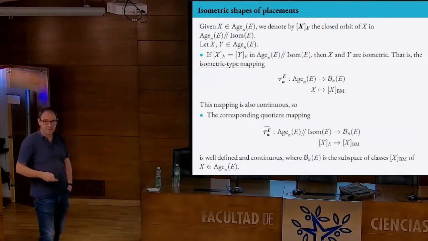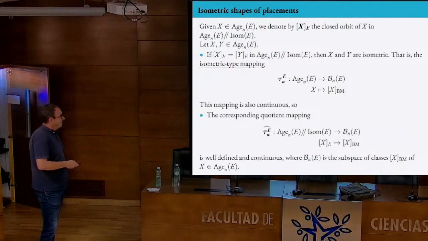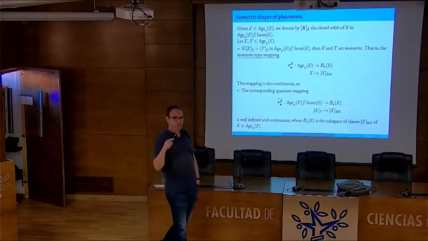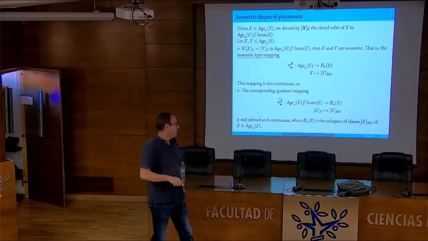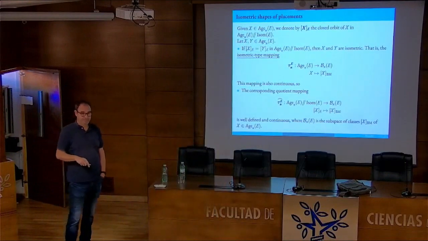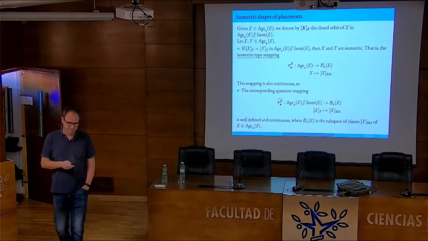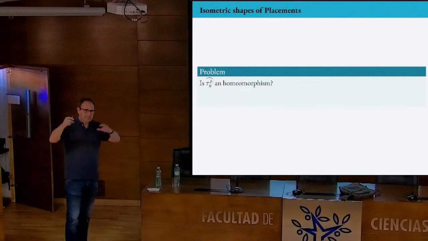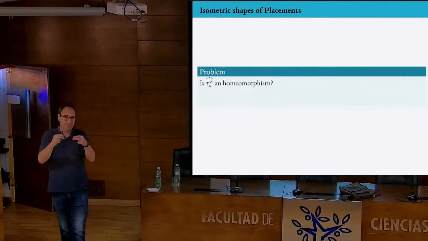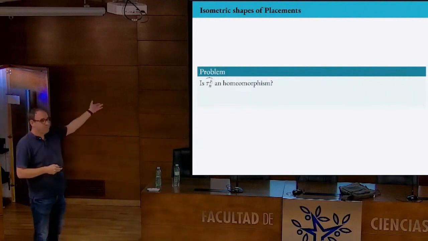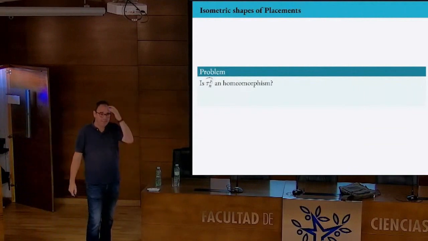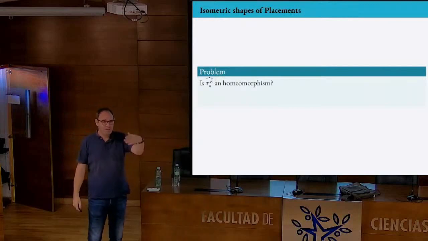Well, correction. Compactum is if you forget E. But if you are considering the isometric types you can find inside E, this might not be closed. In many cases it will be. And the first question, this is what I said, is there a relationship between the isometric types and the placements, which you might refer to as this problem? Is this a homeomorphism, an isometry, uniformly continuous, whatever you want, right?